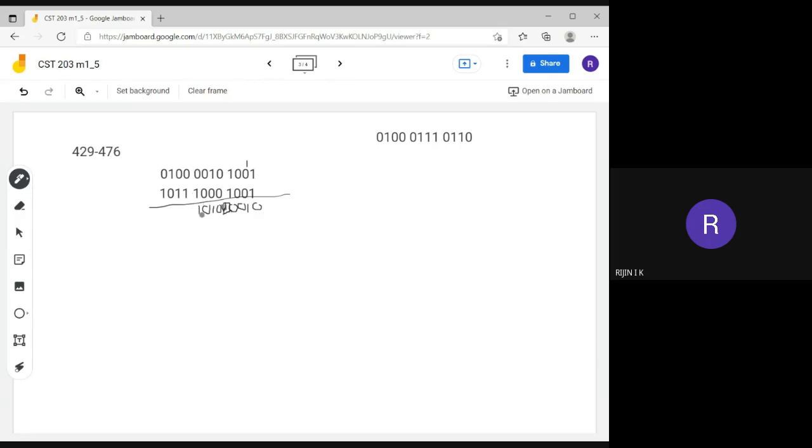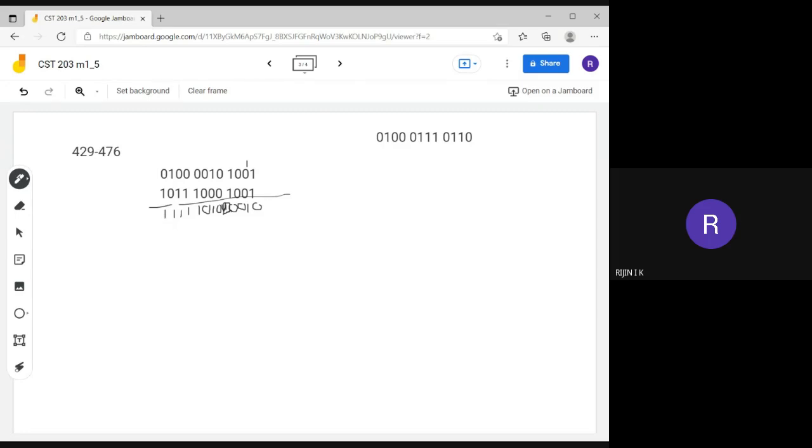Sorry, എവിടെയോ തെറ്റിയിട്ടുണ്ടല്ലോ നമ്മളെ. Okay, so 0 plus 1 is 1, 0 plus 1 is 1, 1 plus 0 is 1. Okay, so this is the addition operation.